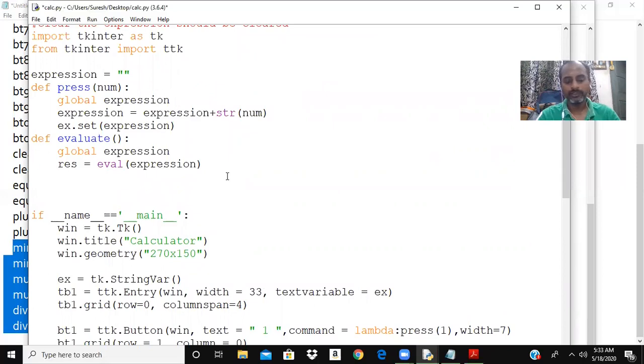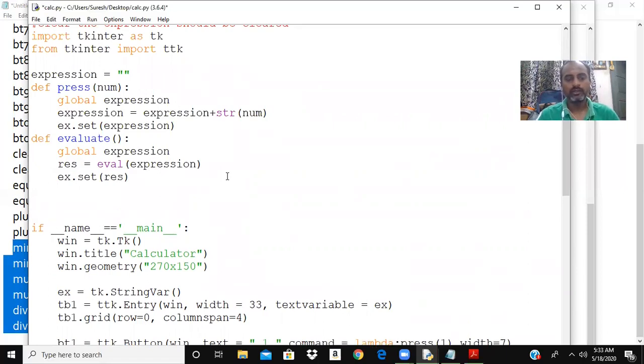Then this should be shown on the text box. So ex.set result. Sometimes what happens is that the user wants to continue calculating from the result. So let us set the result in the expression. So I am also doing that expression is equal to str result. The result is a number, so I am converting it into a string. This will simply evaluate it.